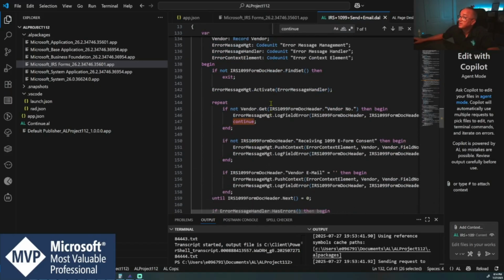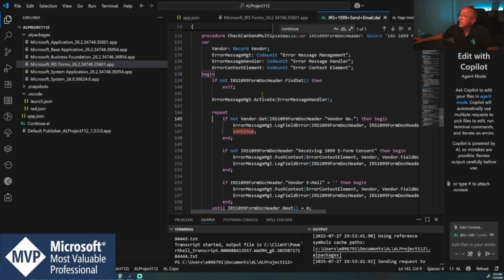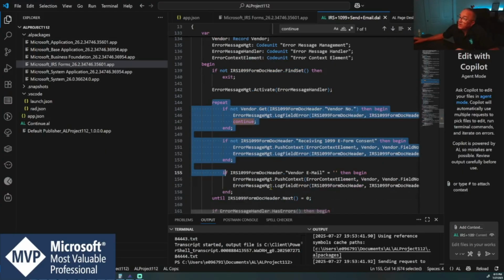It's in a function that is basically scanning this table, IRS 1099 Form Doc Header. We do a FindSet, and if we have records, we are looping through them. And the first thing we do, we see if we can get a vendor based on the vendor recorded on this table, 1099 Form Docs Header. And if we can't, then we log an error here,